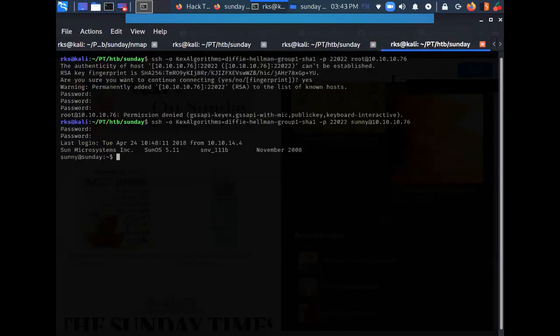But there is one more thing here. If you want to do a brute force, you can do that as well. You can use Hydra to brute force here. Let me show it to you.